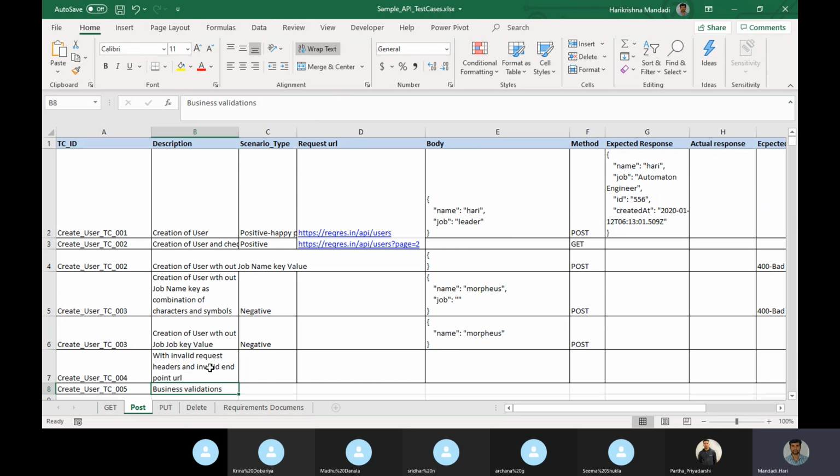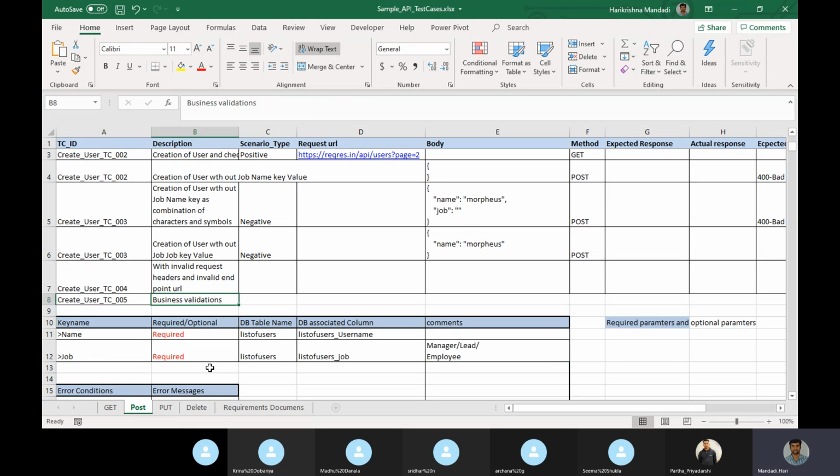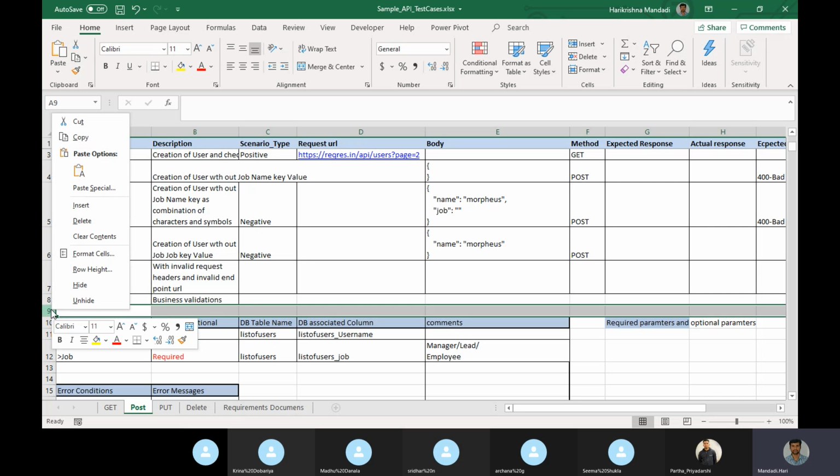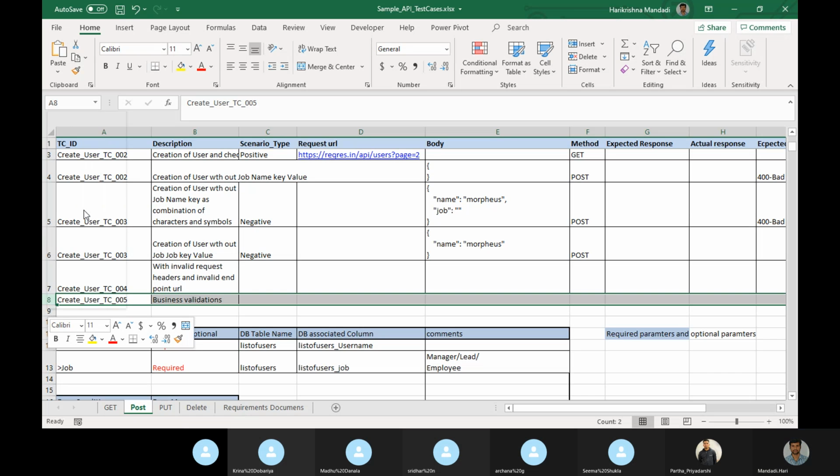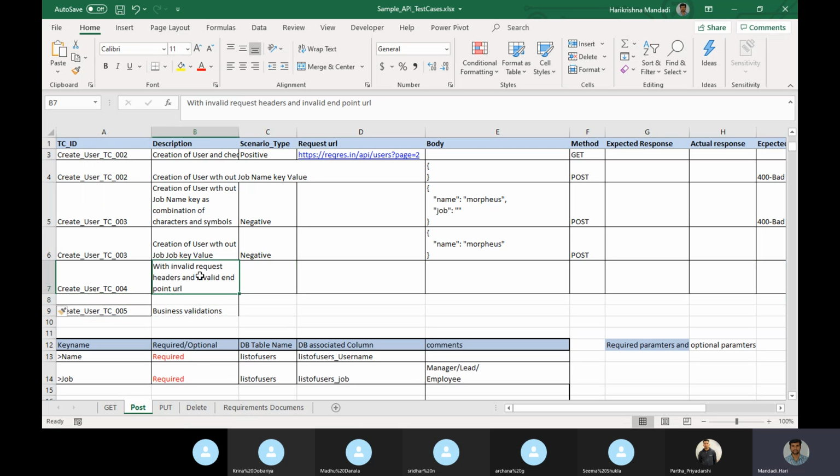Now here some business validations are there. These are the business conditions they have given, like which one is a required field and which one is optional. So we can write more scenarios also. So negative is this, with invalid request headers and business validations.